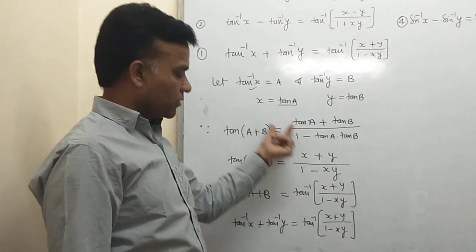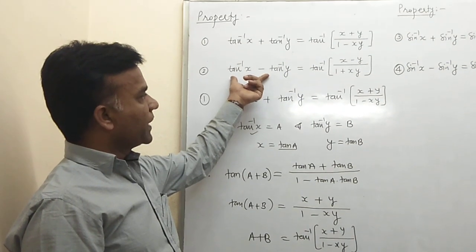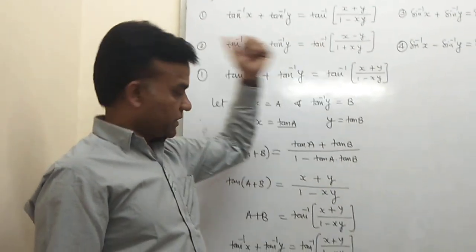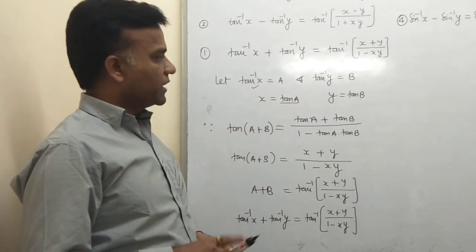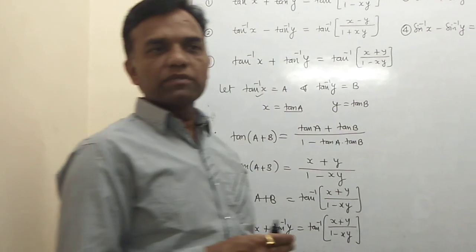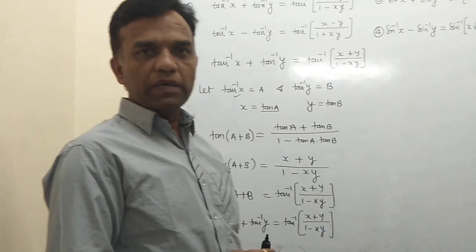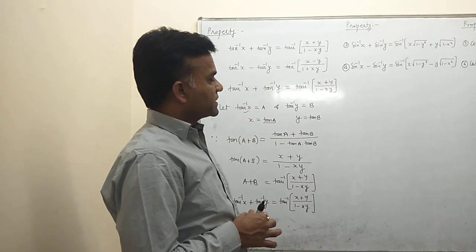Then you learn about the same thing here. Tan of a plus b, use this formula, then using the formula for tan a minus b, it is also true that tan inverse x minus tan inverse y equals this much. Okay, because this formula is very easy, you only write down the trigonometrical values from previous knowledge, like in 11th class we know tan of a plus b, tan of a minus b. Therefore you use that formula and then you find the value of the given identities.